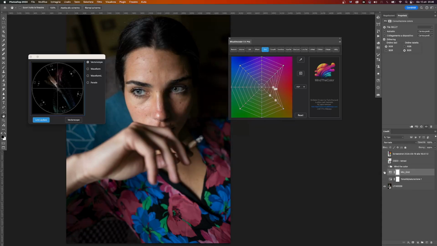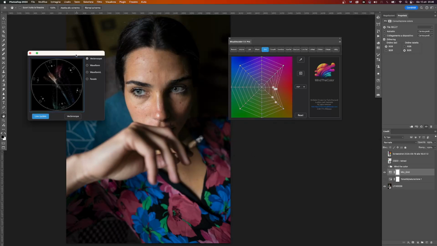Okay, so this is the before and after. I give a bit more saturation on the skin. Okay. So now you can clearly see the separation between the red flowers and the skin tone. And the vector scope changed as well. You can see how the red has lost some saturation because they are towards the center a little bit more. And that's the first step.